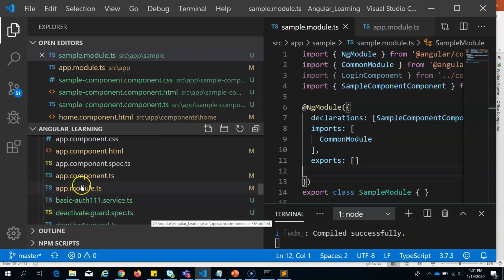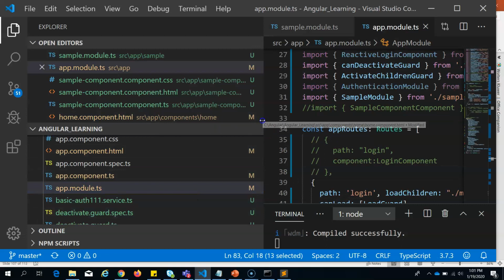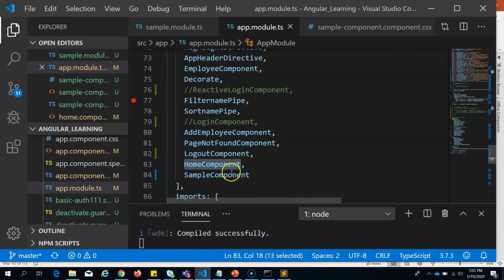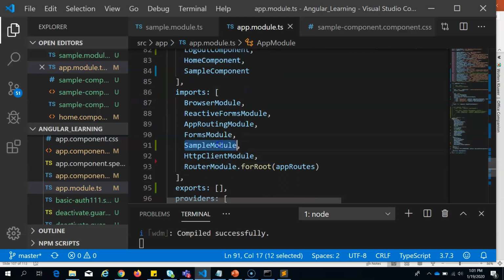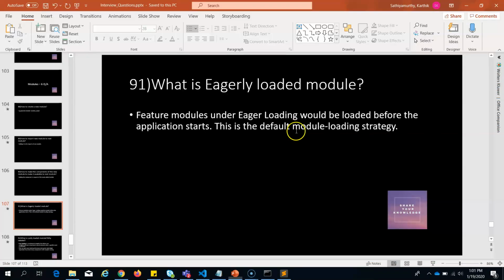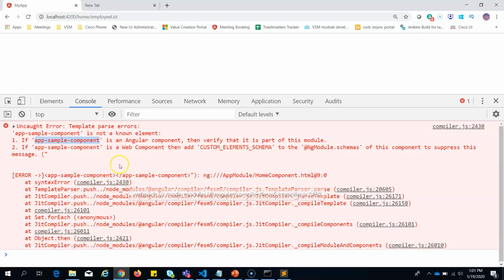You are seeing that whatever modules you are adding directly to the imports are eagerly loaded modules. Since we have added this module to this, it is an eagerly loaded module. When the user comes inside the application, tries to access the application itself, it will be loaded. Okay. So if you see the main package file, you will see that